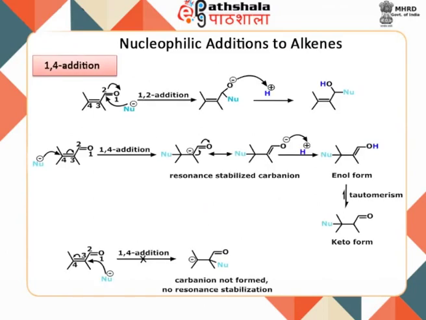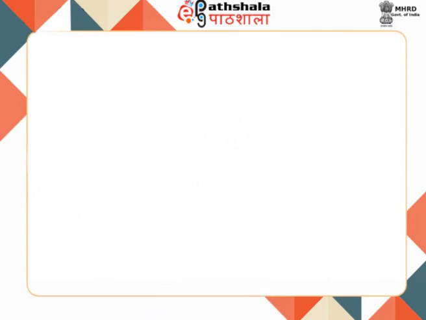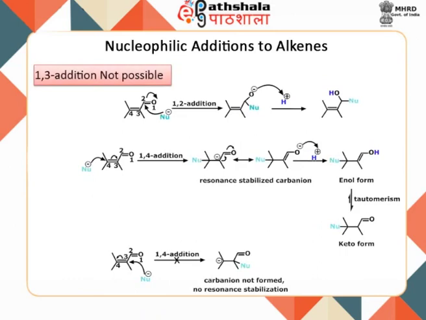For the 1,4 addition, the nucleophile attacks on the beta carbon, resulting in carbanion formation, which after resonance leads to an oxygen anion. The oxygen anion takes the remaining proton and leads to formation of enol, which tautomerizes to form the keto form. It is evident from the enol that the addition of nucleophile and H has happened at relative 1,4 positions and hence is called 1,4 addition. It is important to note that 1,3 addition never occurs since the resulting carbanion would have no resonance stabilization.